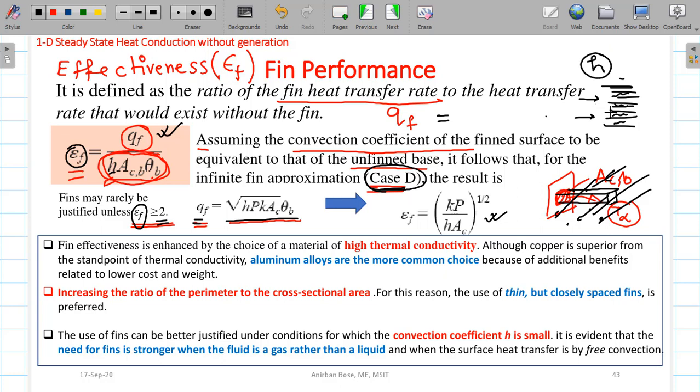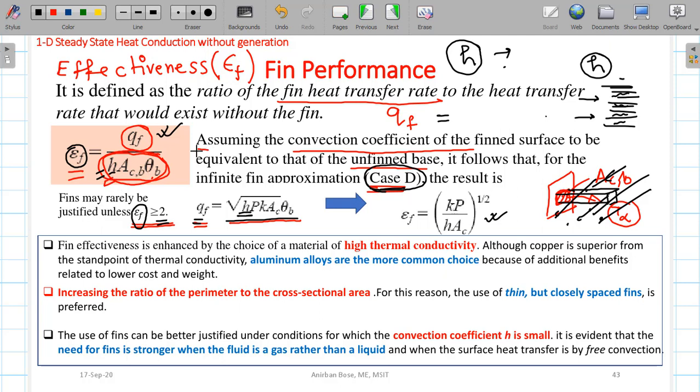So if h is lower, then definitely the h that you can see here and the h without fin are not actually the same. Depending upon the geometry, since the geometry is changing when you are placing the fin and applying the flow, it is a different geometry compared to when the fin is not there. And remember, this h is not a fluid property, it depends on the flow velocity, the geometry and other things. So that is why h is not the same. So it is not very easy to simply cancel this h with this h.